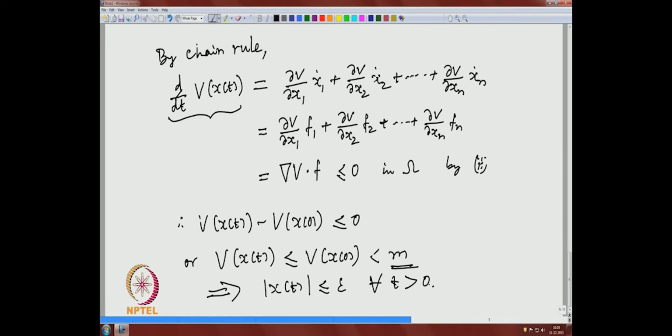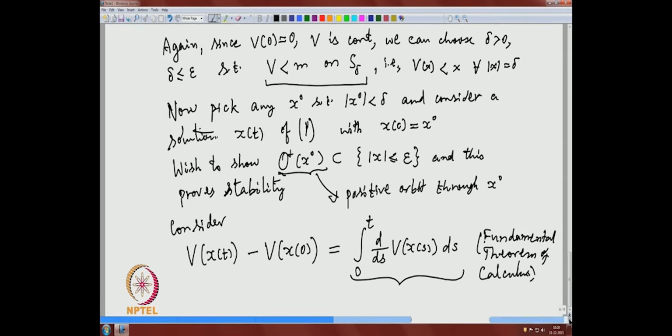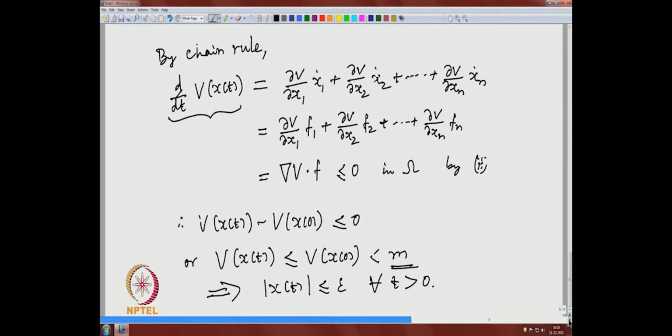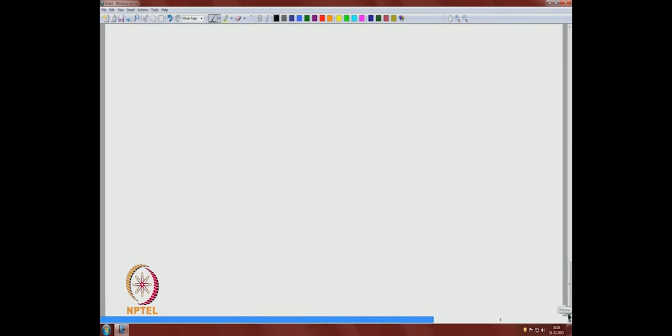Okay. So, stability is one part, and stability is easier. Now let us go to the second part. So, we have the additional assumption, that grad v dot f is negative definite